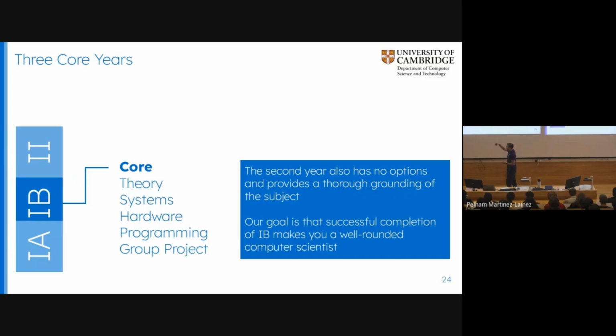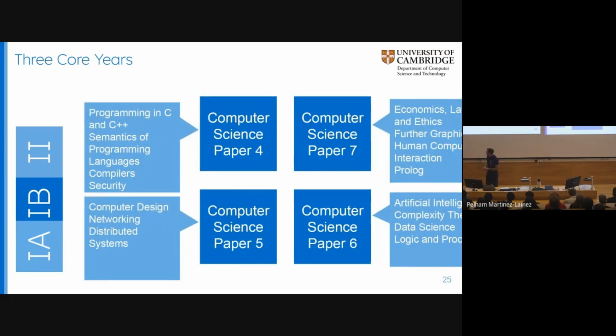We tend to think of it in terms of theory, systems, hardware, and programming, but they are just all a whole load of courses, and I've got a list of them here. Ooh, it's gone off the side. Sorry about that, but never mind. Don't, again, focus too much on what the actual courses are. The point is there's a huge diversity here. We're going from distributed systems to the semantics of programming languages, to, actually, what we got, complexity theory, for example. That's detailed theory and mathematical understanding of computer science. You need to have the lot, so we make you do the lot.